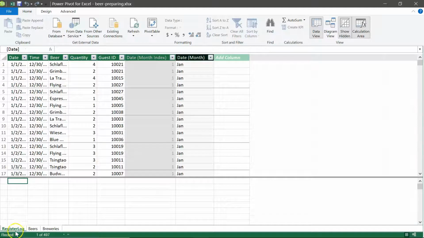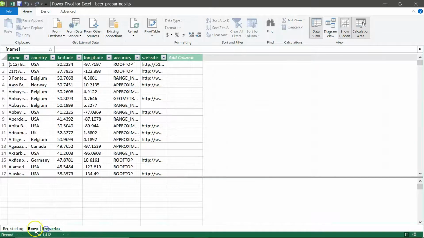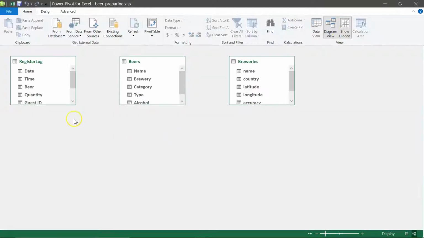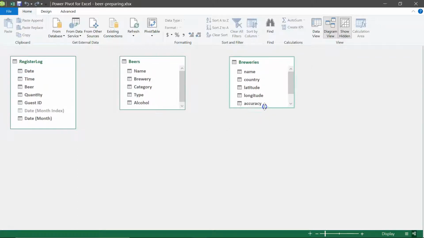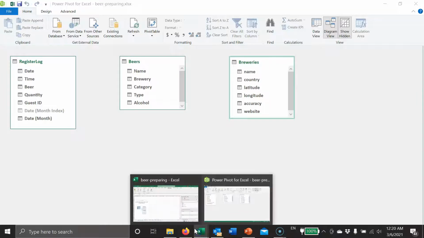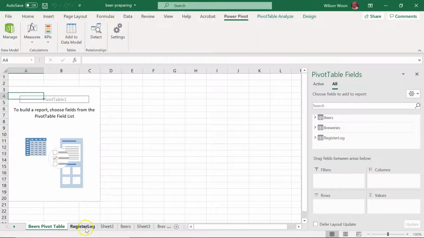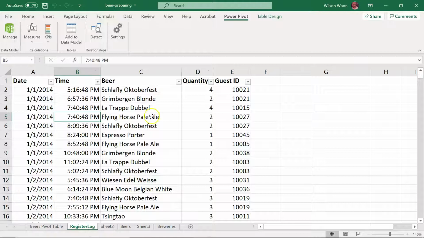Okay, so we have the register log, beers, and breweries tables. And if you head over to the diagram view, this is what I mean, right? There is no linkages yet between these three tables. So before we can really perform our data analysis on multiple tables, we need to create linkages between these three tables. So if you return to our Excel file, and if you head over to the register log,